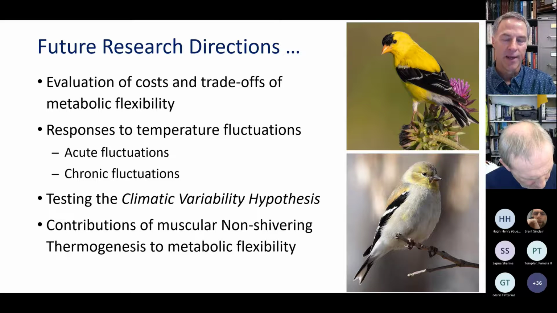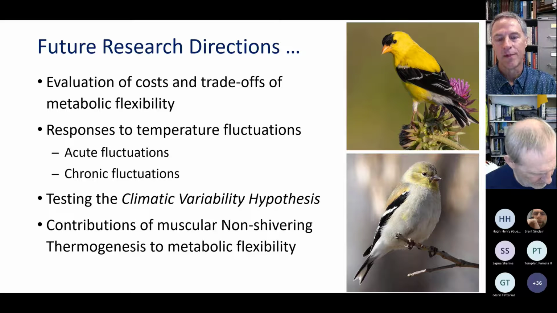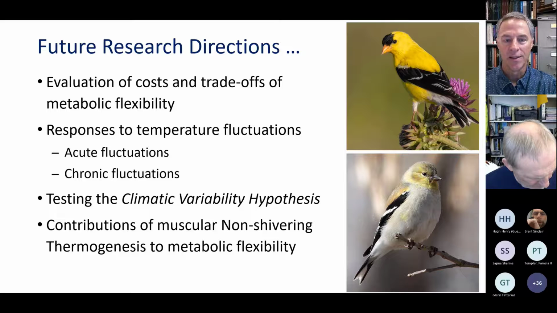For example, looking at the relationship between metabolic flexibility and investment in the immune system or oxidative balance. Also, I think most of the acclimation temperature experiments to date have dealt with chronic exposure to a stable cold temperature. So I think introducing temperature fluctuations into that, both over the short term, and Francois' lab has looked at that a little bit to look at the rate of change, but chronic, long-term fluctuations in temperature are